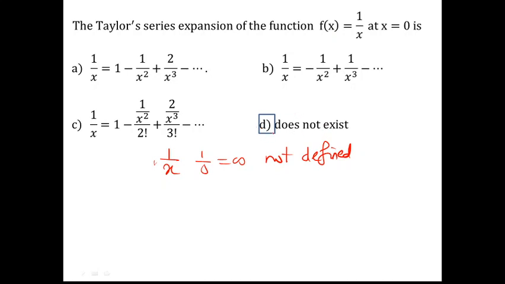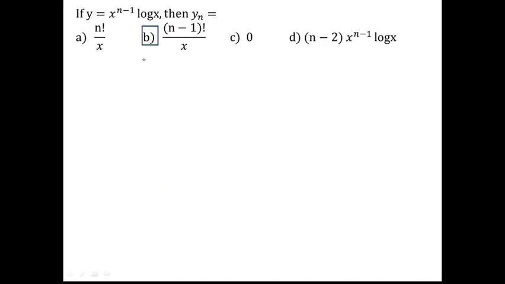So I will suggest you not to apply the Taylor series expansion directly. Before that, just check the value of the function at the particular point mentioned there. If it is x equal to 2, just put x equal to 2 in that function and see whether it has a finite value or not, and only then go for applying the methodology of the Taylor series expansion. So in this case, option D is the correct one. Now let's have the next question.